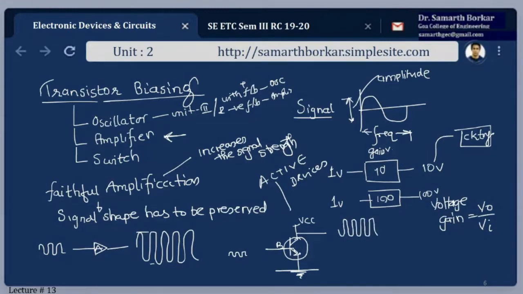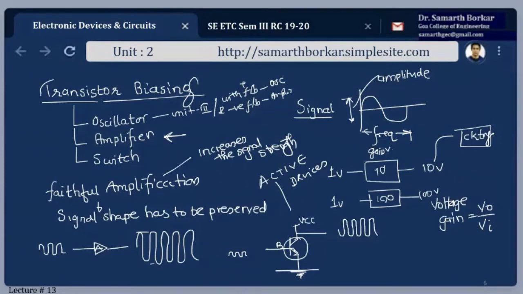So the only magic that this transistor does here is preserving the signal shape, meaning the frequency is kept constant, and amplifying the signal. It's just like your volume control. When you increase the volume, the frequency does not change. What is getting changed is the amplitude. Now, here basically what this transistor does is it takes the DC voltage and fills it into this AC signal. This is again a crude example I'm telling you.